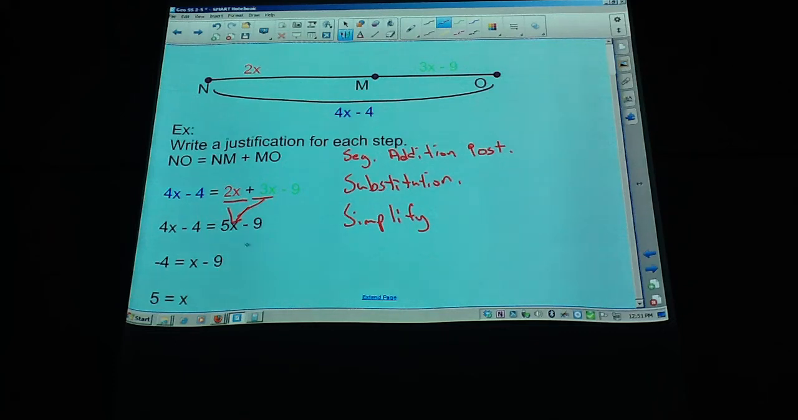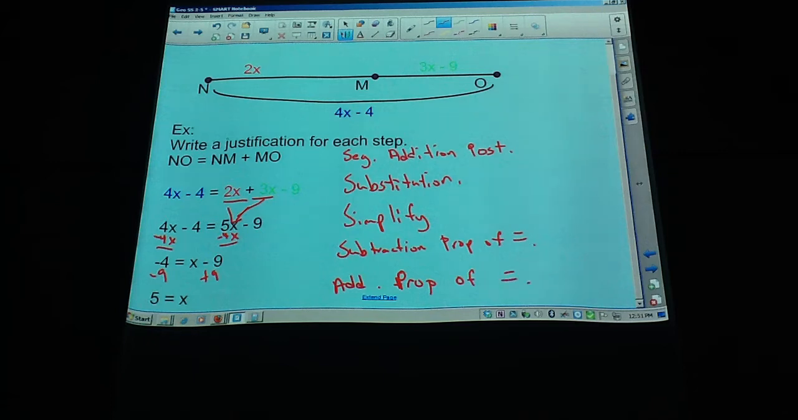Now we have to figure out what they did from this step to this step, and it looks to me like they brought their x's together is the only thing that's changed. So it looks like they subtracted 4x from both sides. So I'm going to call that the subtraction property of equality. And then I have to figure out what they did from this step to this step. It looks to me like they moved the 9 over by adding it. So that would be the addition property